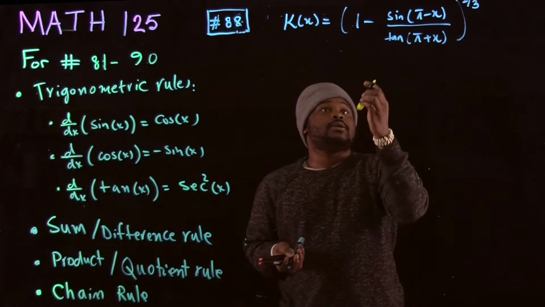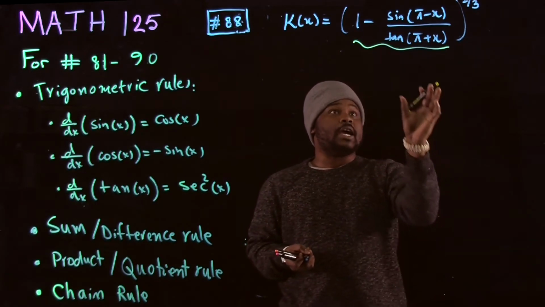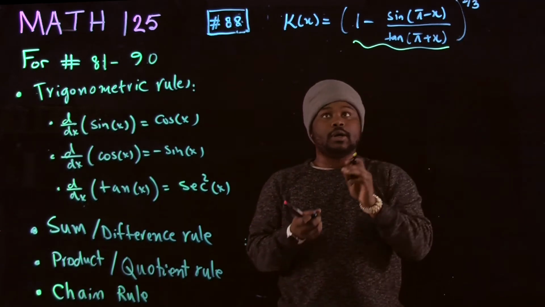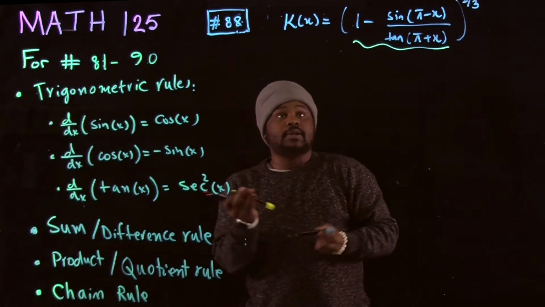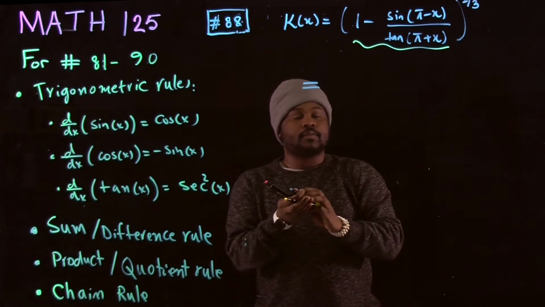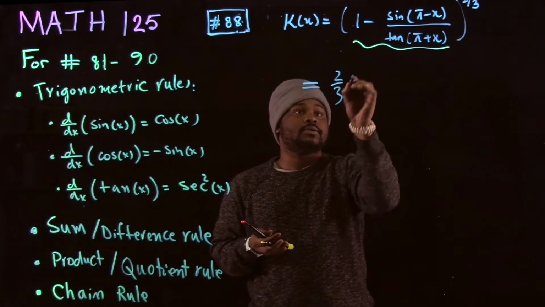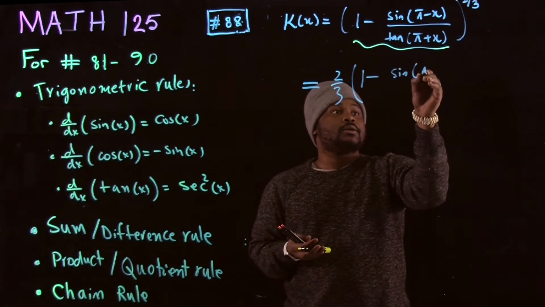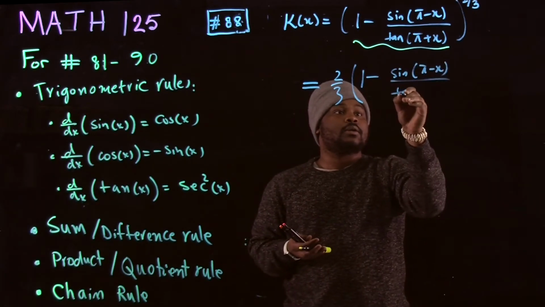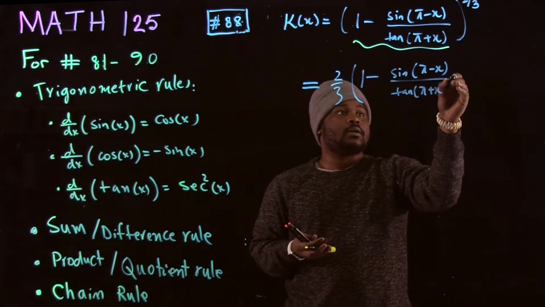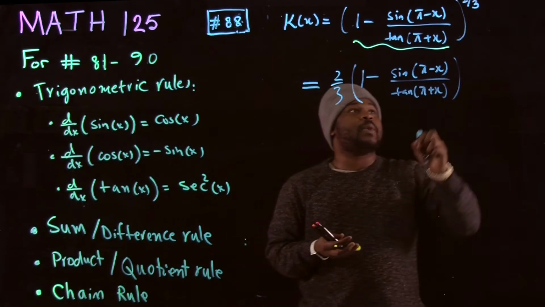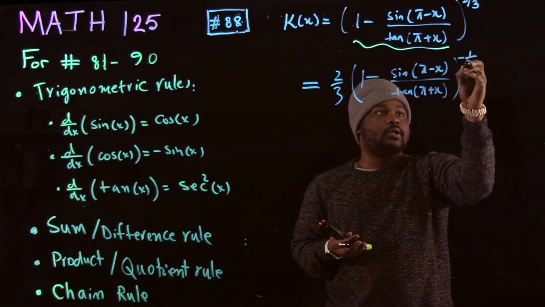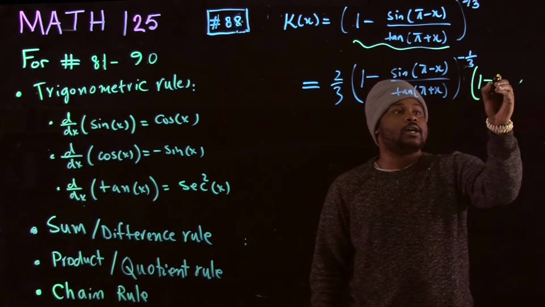While dealing with this, you can see this is like one big X raised to the power of 2/3. So I know I will just apply the power rule here. So if this is equals to 2/3, I will keep whatever is in the parentheses just as it is. Okay, now remember I have to subtract 1 here. Now what is 2/3 minus 1? It is supposed to be negative 1/3. The derivative of the inside